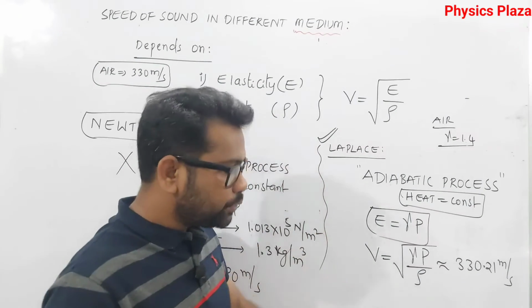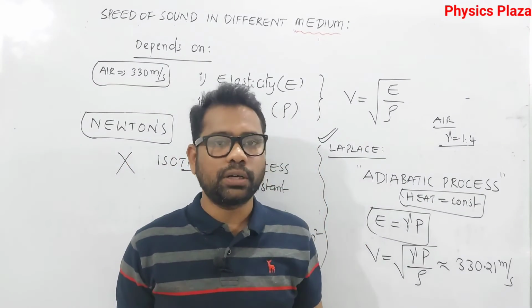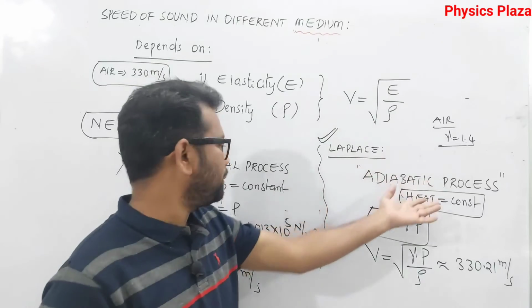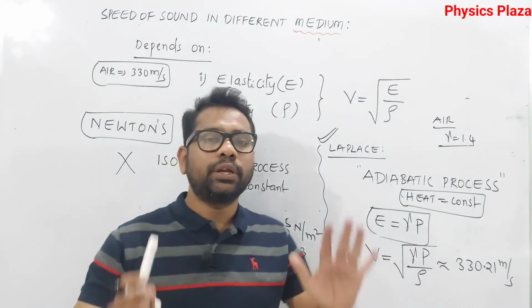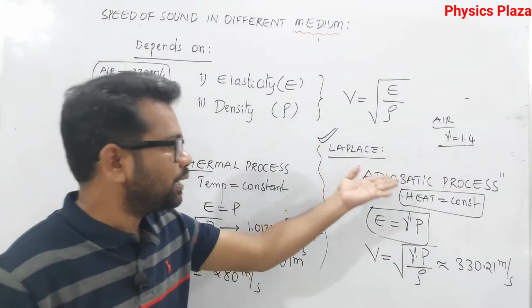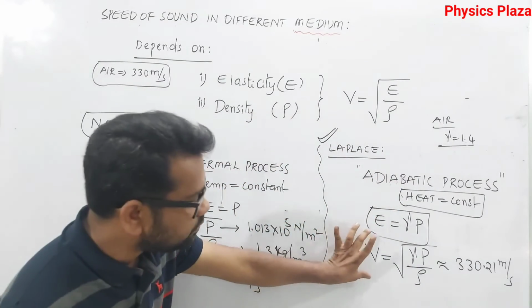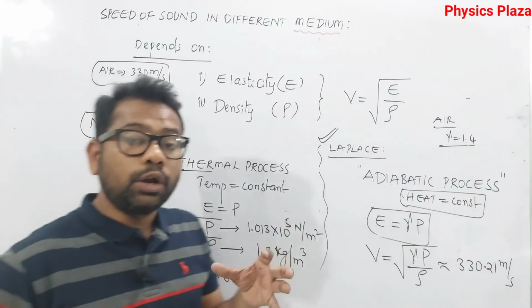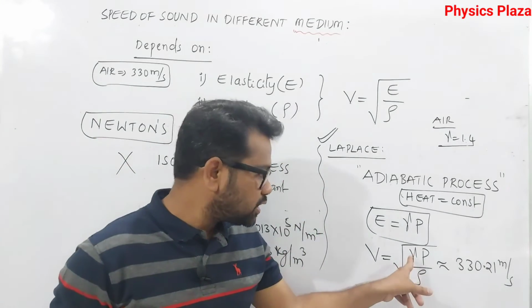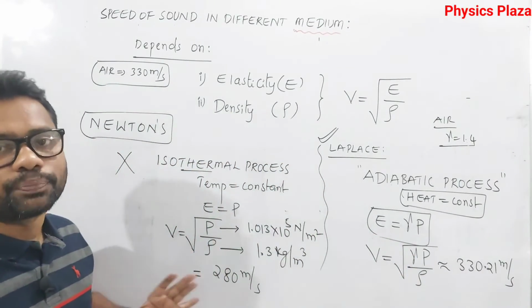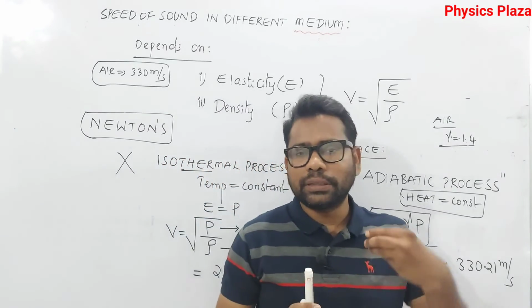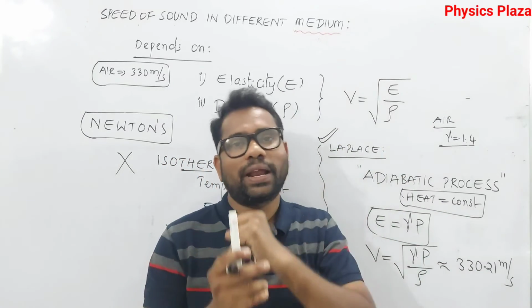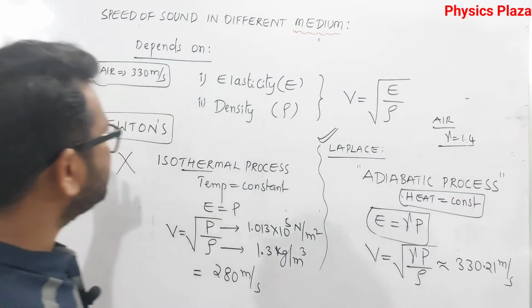Children, don't get confused about elasticity modulus, Young's modulus, adiabatic process, isothermal process. In a 9th class exam, they don't ask you what is adiabatic process or isothermal process. Just remember these formulas. Moreover, no numericals will be asked based on these formulas. No need to get confused. It is just for the sake of your idea, so that in intermediate first year we will get full clarity. Okay, children, just copy it.